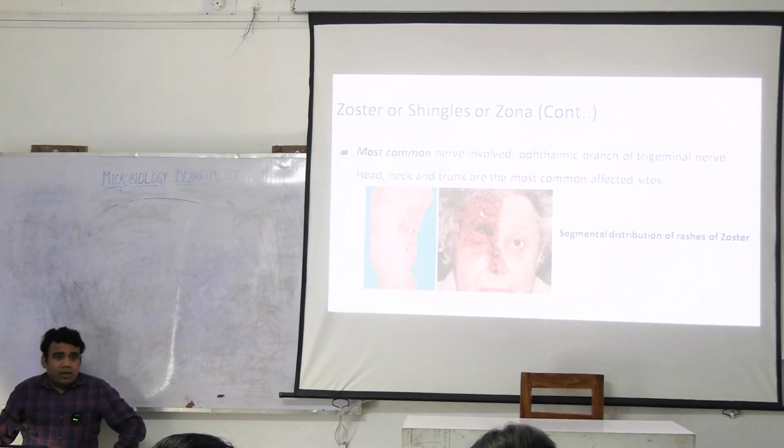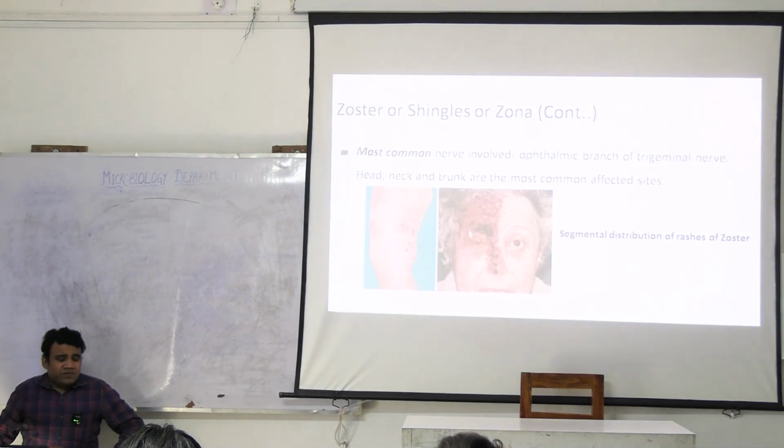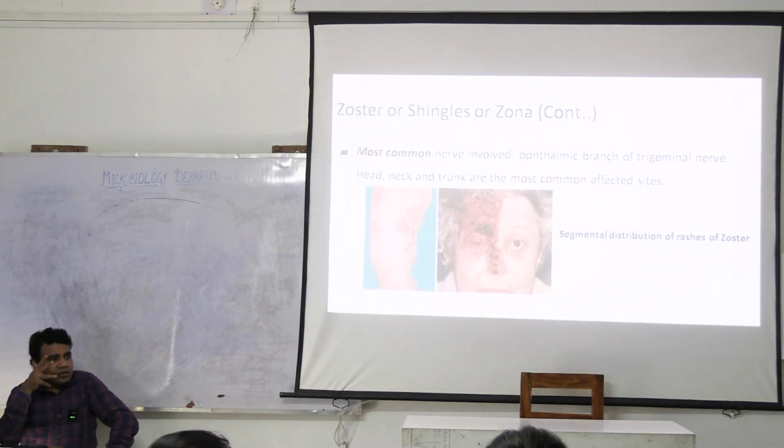Similarly, if you look at this patient, one part of the face is affected. Can you name which nerve is affected? Trigeminal. The trigeminal nerve has three sources. One is